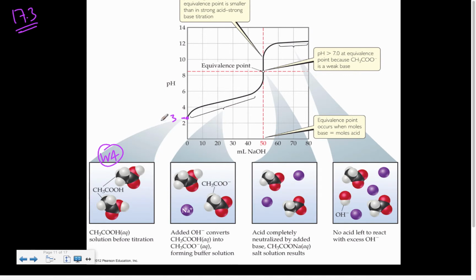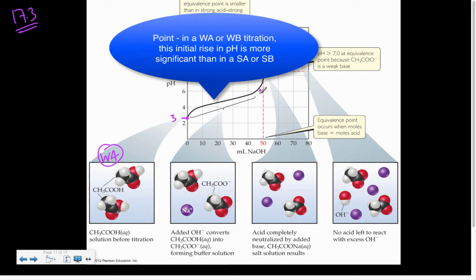Now, you'll see that this rise goes from about 0 mL up to almost the equivalence point, so let's say 48 mL. Instead of last time, when it only went up 1 pH unit, now it goes up from 3 to 4 to 5 to 6. It moves several pH units more gently. And that is one of the characteristic signs that we're looking at a weak acid titration or a weak base titration. Note that my titrant is still a strong species,